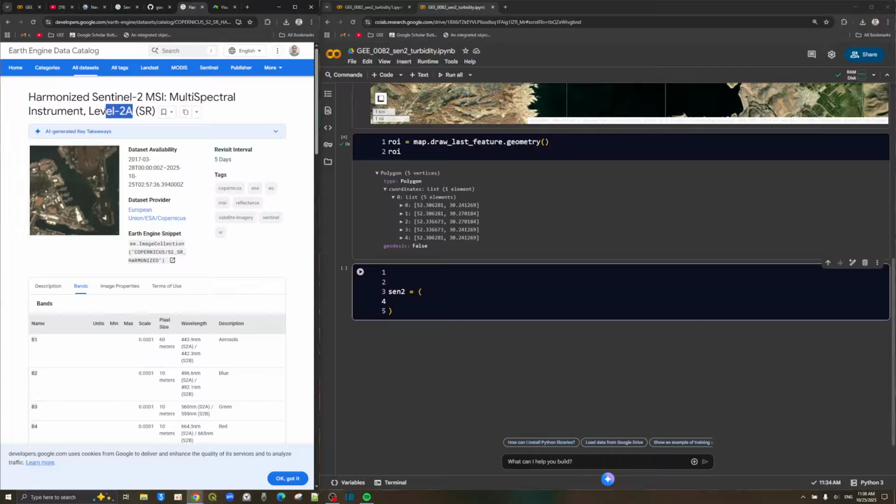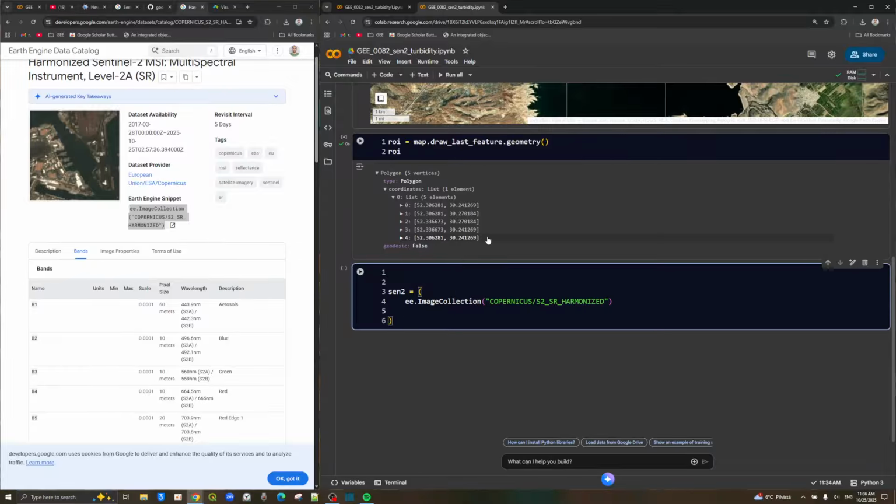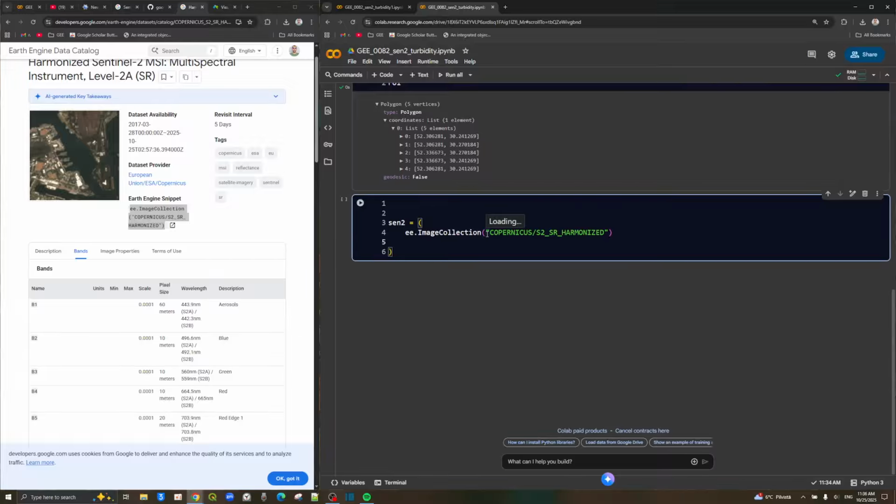But we prefer to use the corrected version for spectral indices. It is necessary to choose the product that is fully corrected for your analysis. And also you can see the dataset information here, the collection snippet helping us to call this dataset into the Python environment. Let's copy the snippet,